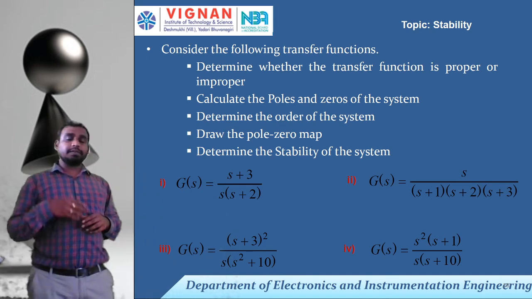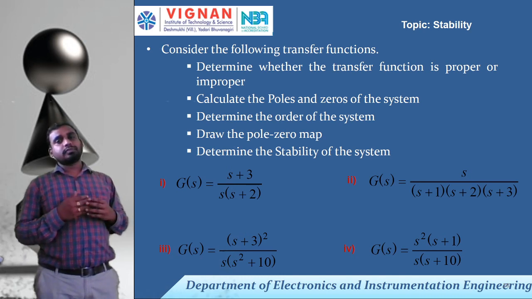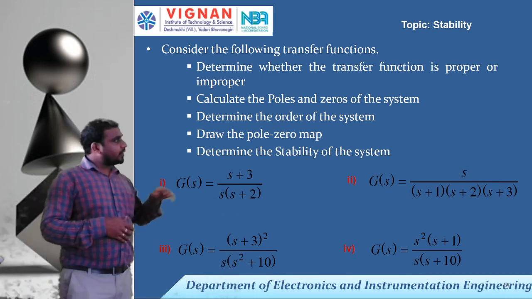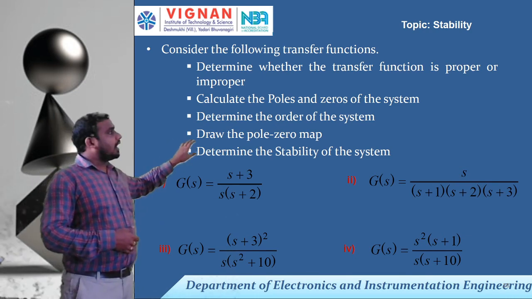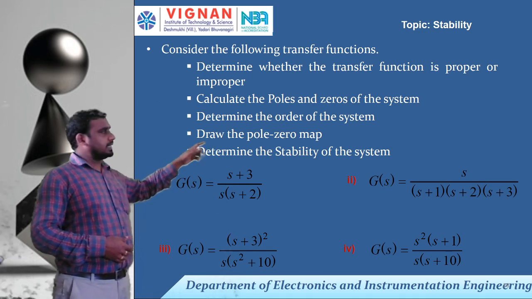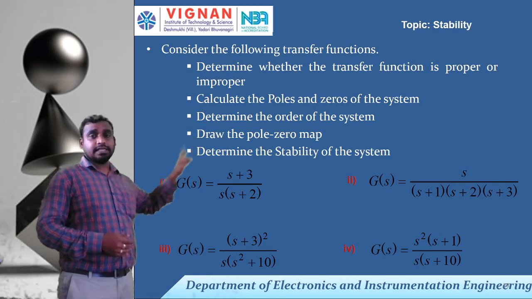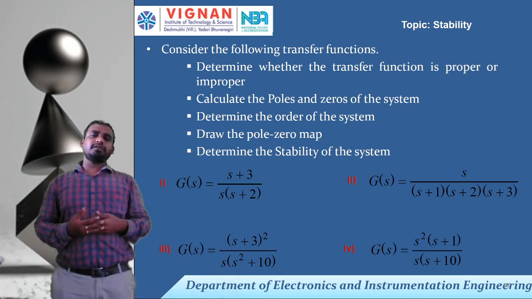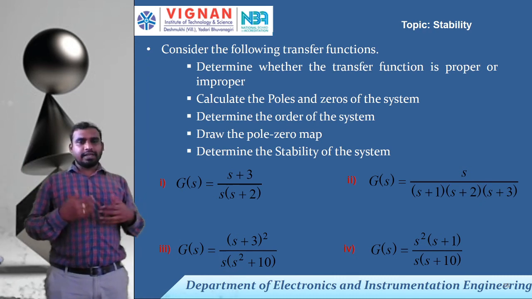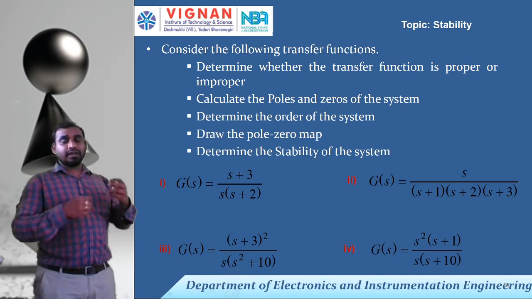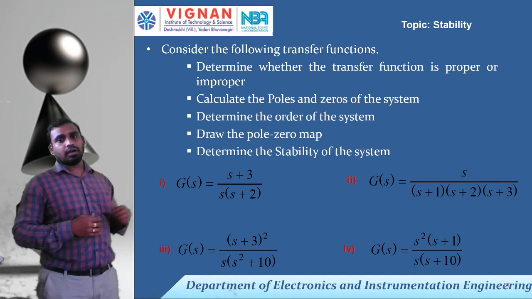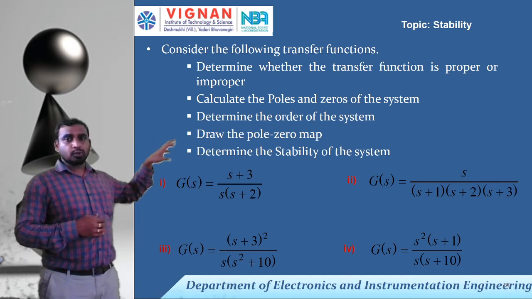The other way of estimating the stability is using the Routh-Hurwitz criteria. So the point here is, if you have the transfer function in terms of roots and the order of the transfer function is about 2 to 3, see the second example, the maximum order of the transfer function is 3. What if you have an order of the transfer function more than 5, 6, or some 10 or 20? Can we estimate the poles for such a transfer function? Can we convert the transfer function in terms of poles and zeros, I mean roots?